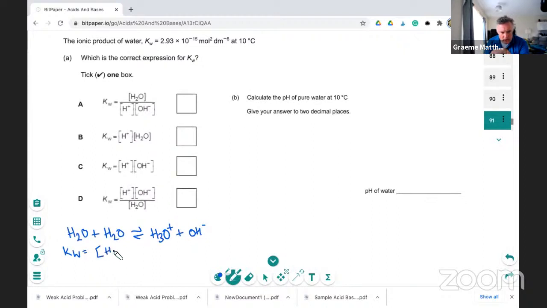It's H3O plus times OH minus over, technically, H2O quantity squared,